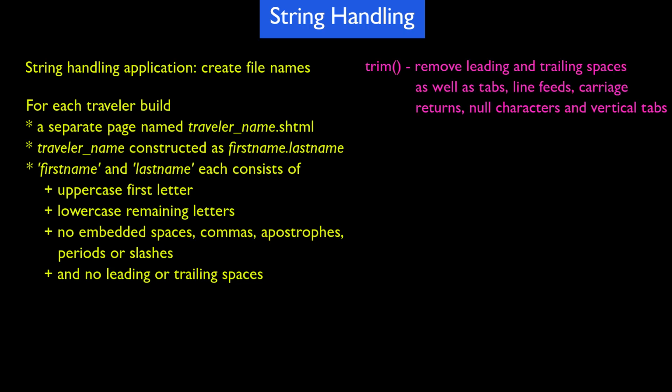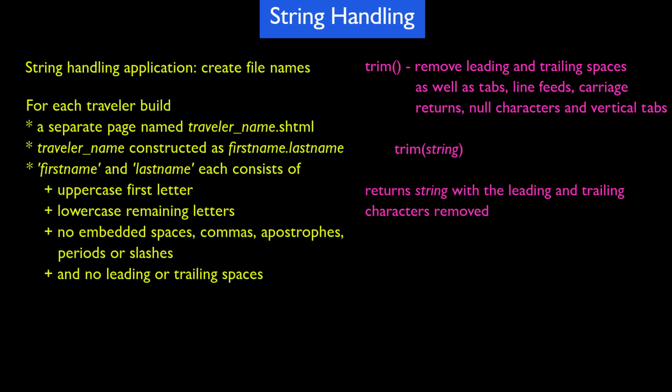I want to start with the trim function, which removes leading and trailing spaces, as well as tabs, line feeds, carriage returns, null characters, and vertical tabs. It's unlikely your user will enter these characters, but better to be safe than sorry. Trim of some string returns that string with leading and trailing characters removed, that is, the characters we mentioned: spaces, tabs, line feeds, carriage returns, nulls, and vertical tabs. Example: $first = trim($_POST["firstname"]);